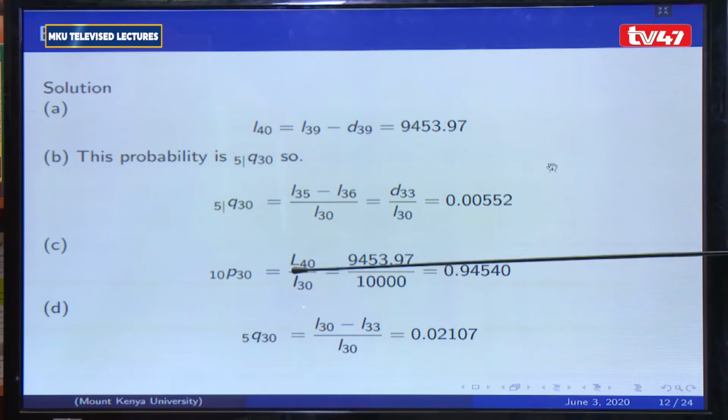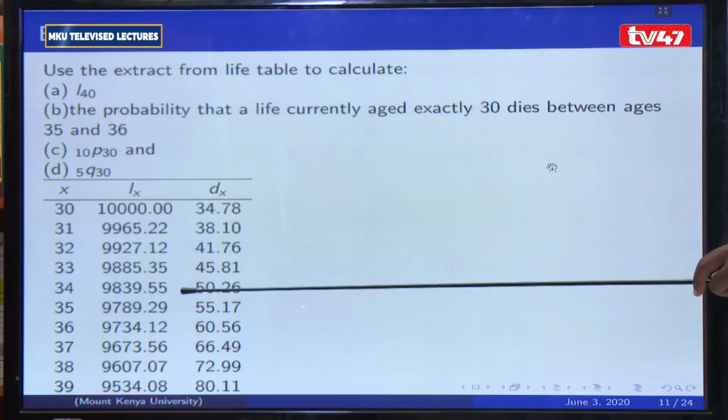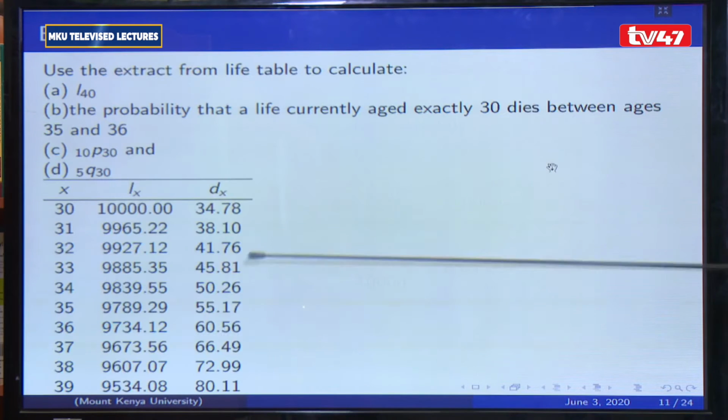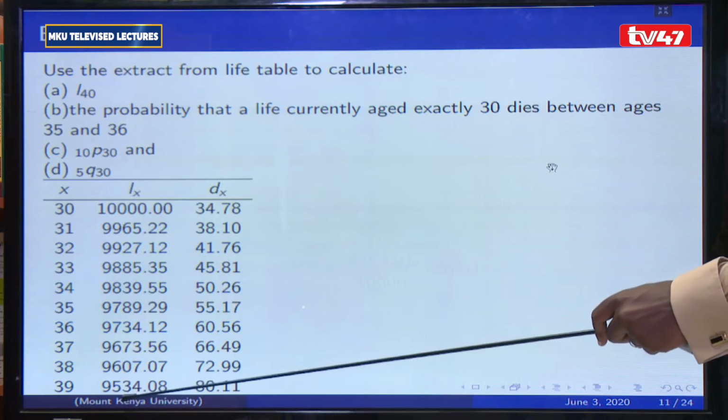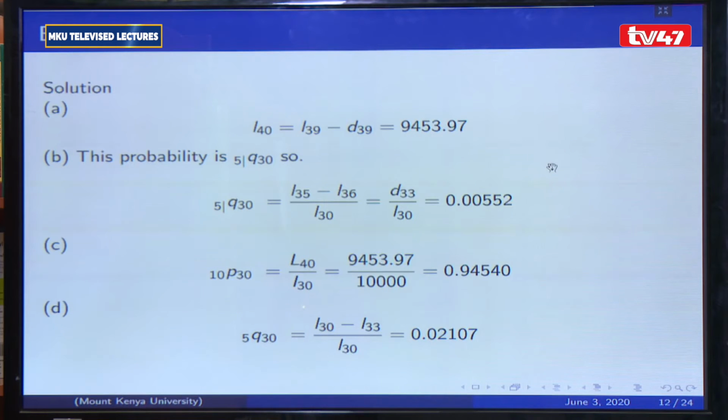So this is simply l40 over l30, and we have those two values, 9453.97 over 10,000, and you can see it here. So this is given by this divided by that,